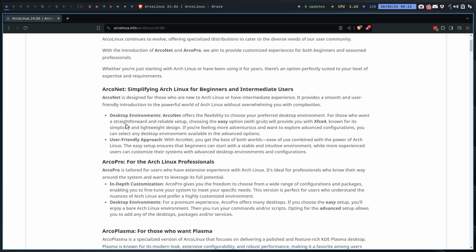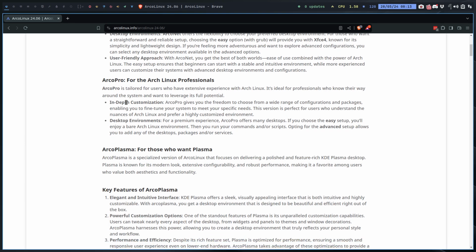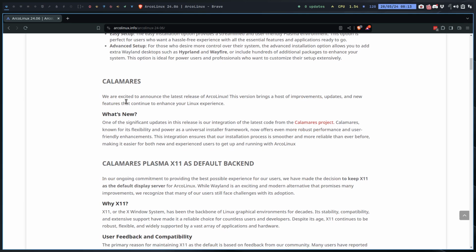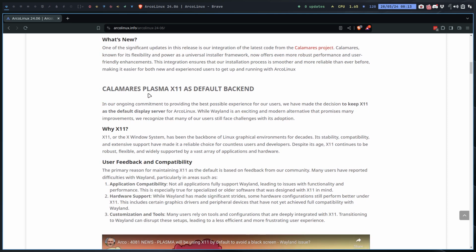So ArcoNet Advanced, forget to select the desktop. You don't have a desktop, obviously, right? But these are things that we need to keep in mind. So that's one thing that we saw last month, users not able to log in, but it might also be